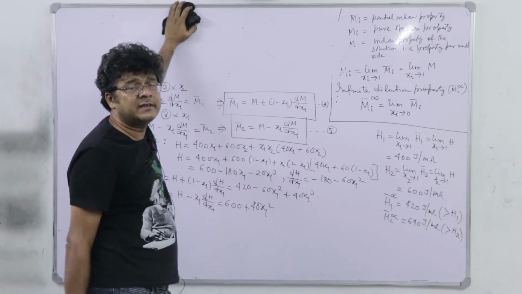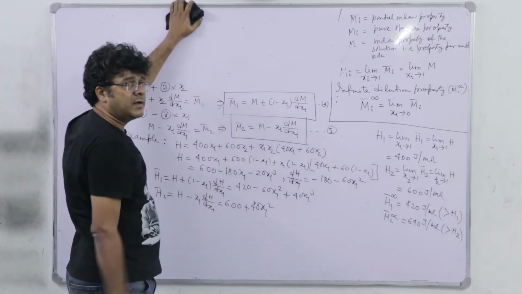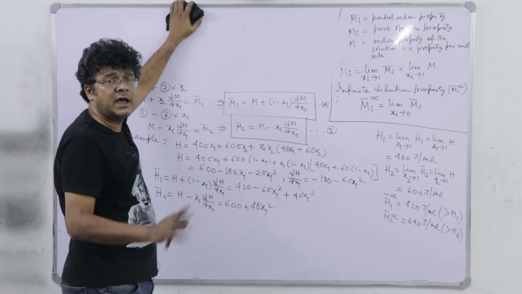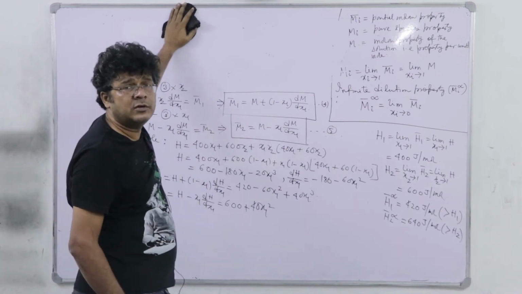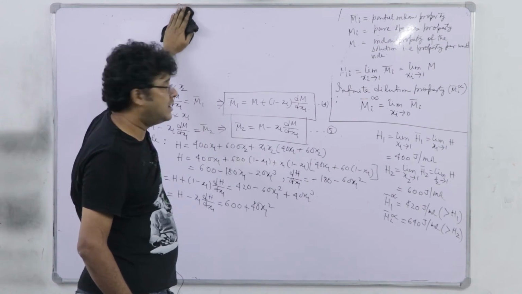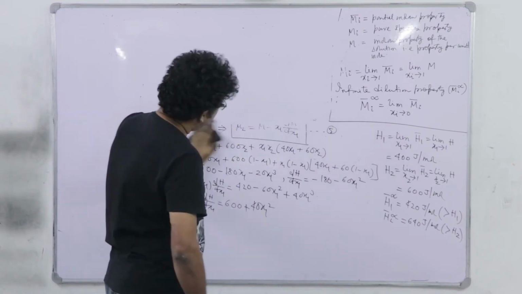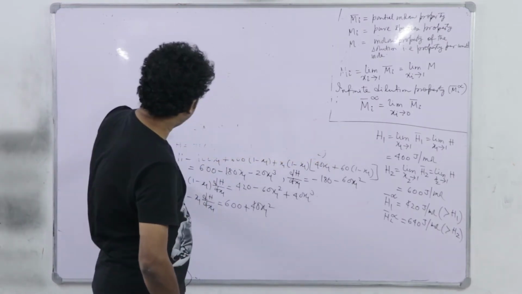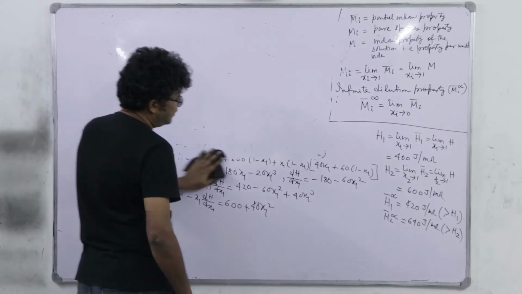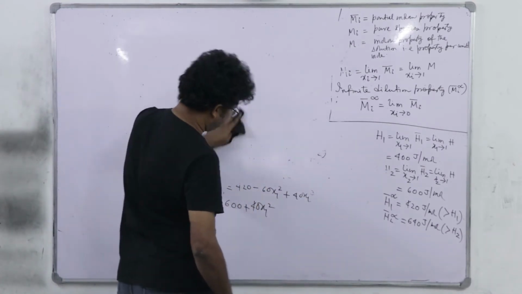We have simplified the expression, then evaluated the derivative and substituted in these two expressions. We have got M1 bar and M2 bar, and from there we have also calculated this pure species value and infinite dilution value. However, if M is given in terms of some discrete data point for different values of x,